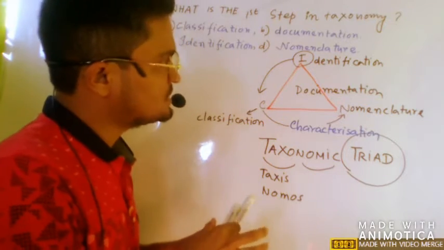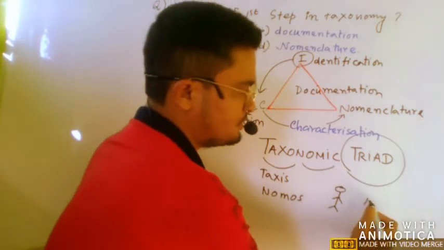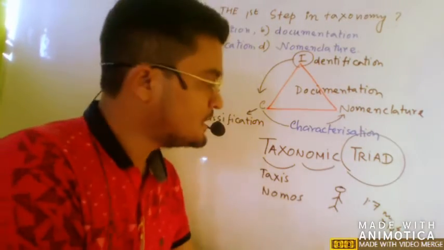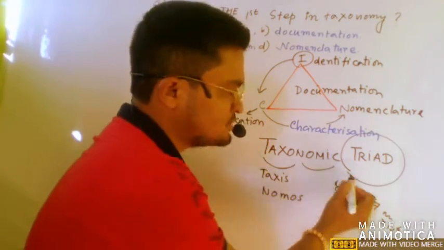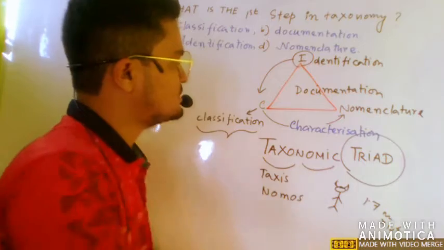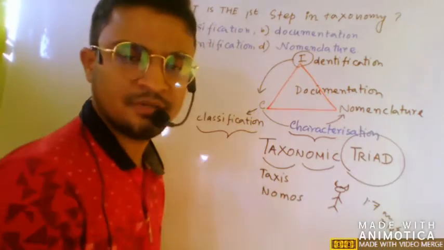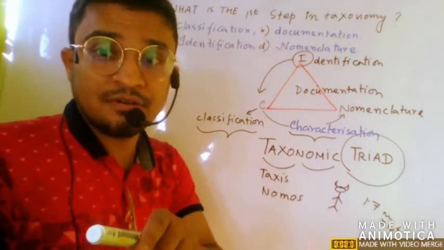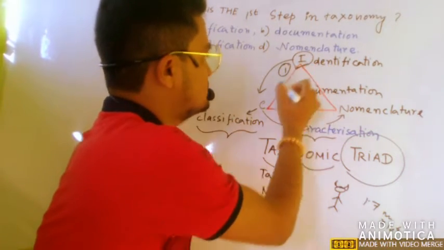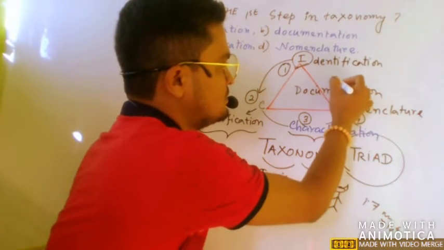So if you study the first step, suppose you have discovered one creature that is beyond the scope of the 1.7 million known creatures. You know there are 1.7 million in the biodiversity and you have discovered something very new. So the first step should be identification. You have to identify it, then classify it in a proper order, and then characterize it with some information compared with previously discovered creatures that have already been documented. Then name it, nomenclature, the fourth step, then finally documentation.